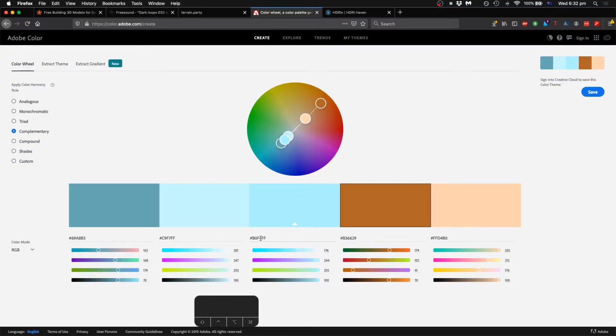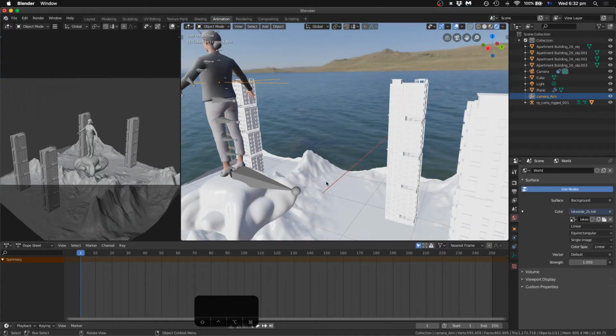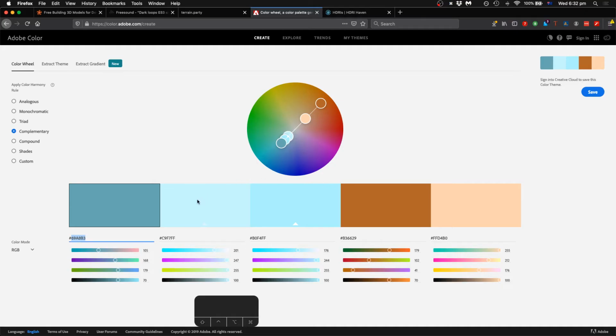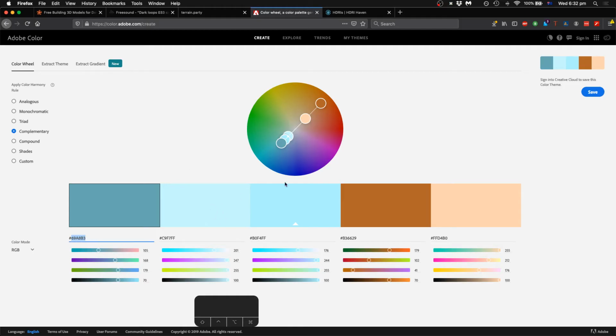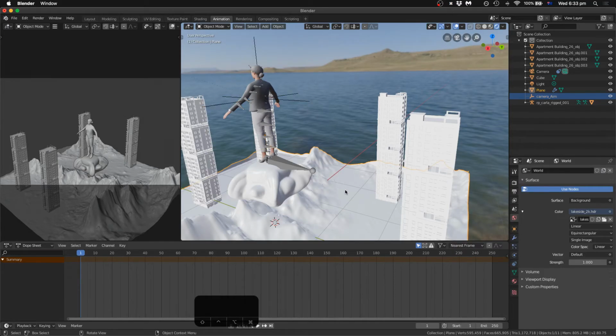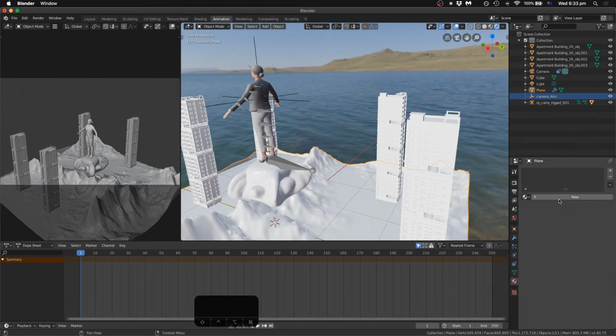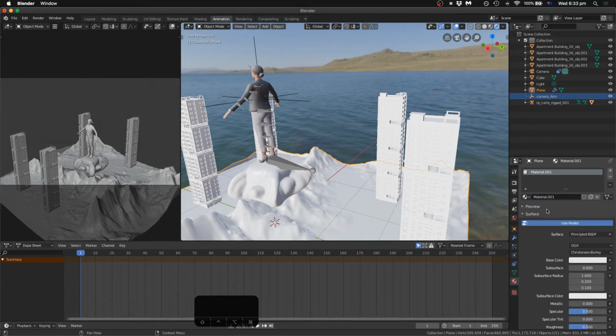So you can play with this a lot more. The really important thing I wanted to show you is how you can use these color values here directly in Blender or in any other software you like. So let's put the dark blue on the ground and the light blue on the buildings. Let's try that. So if I grab the ground here, go into its shader, add a new shader here in its materials, we'll call this one ground,